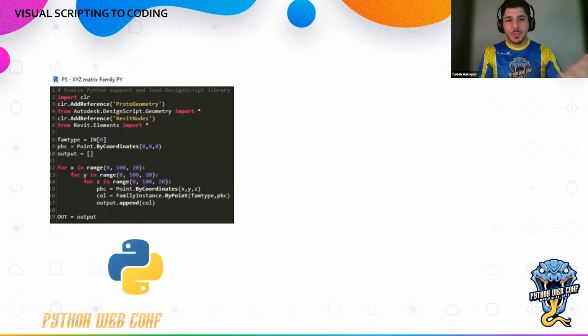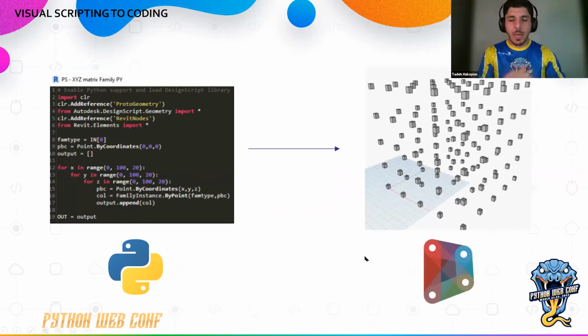Same concept, you import your modules, you put some basis for your variables. And then I have some grid coordinates here for a for loop. And that's the for loop of just running through a range from 0 to 100 feet at 20 feet intervals. Again, any designer can follow that. So you have to make it in a format that works and get some cool results, like just laying out some objects in the X, Y, and Z dimension, like I'm stating on the for loop on the left here,